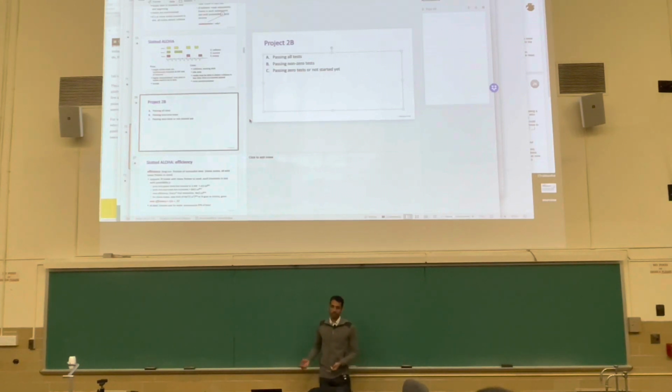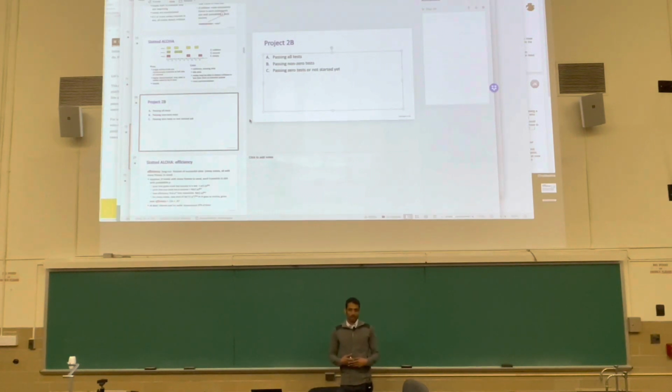The requirements for 2B is, for 100, you've got to pass all the correctness tests. And you've got to be faster than a stop and wait protocol, right? It's similar to saying in project 1, remember, your file had to be downloaded correctly, and you had to be faster than the 2 minutes of the client server time, right? The faster you were, the more points you got. So it's a very similar setup to that.